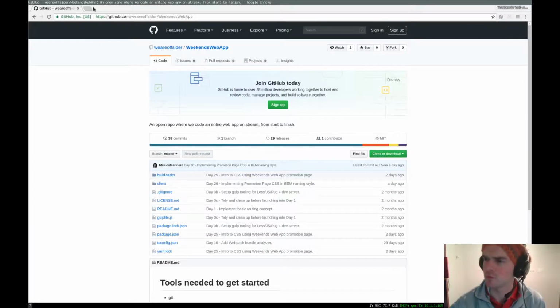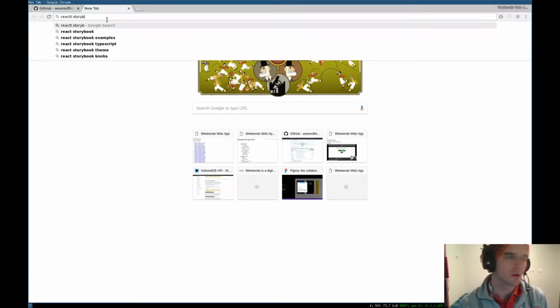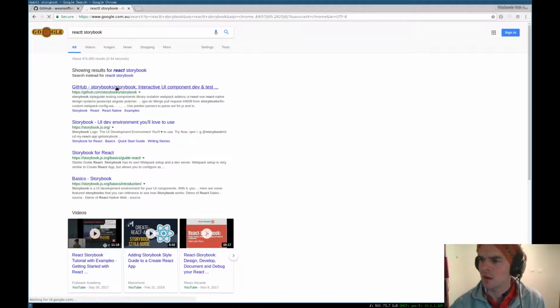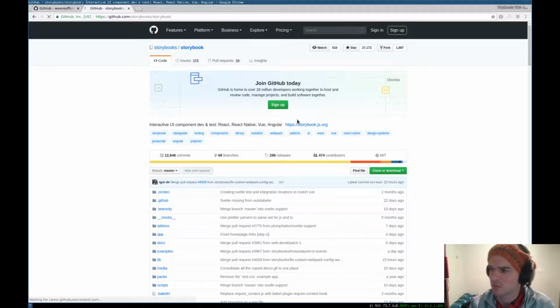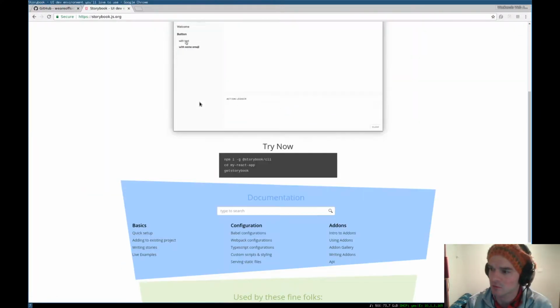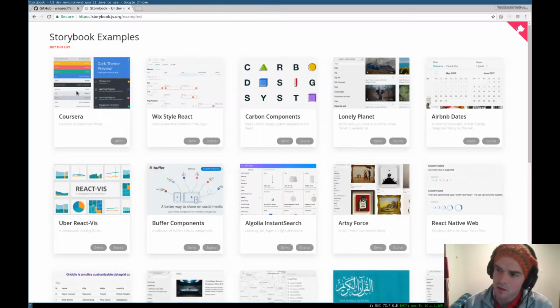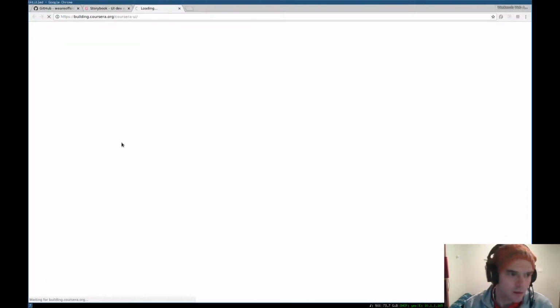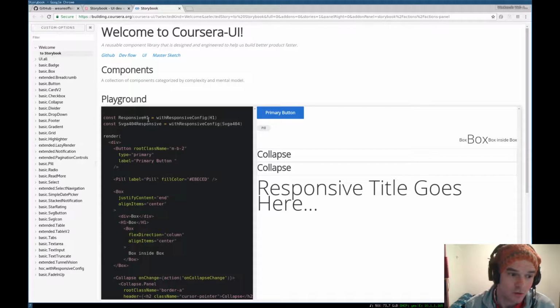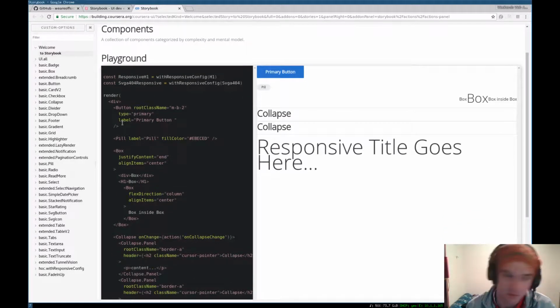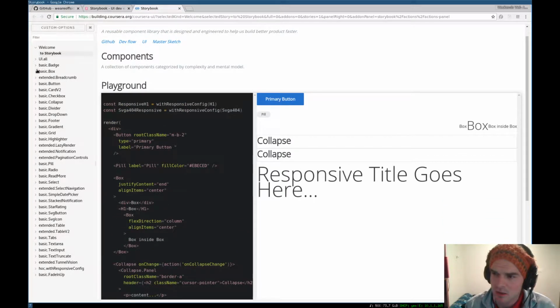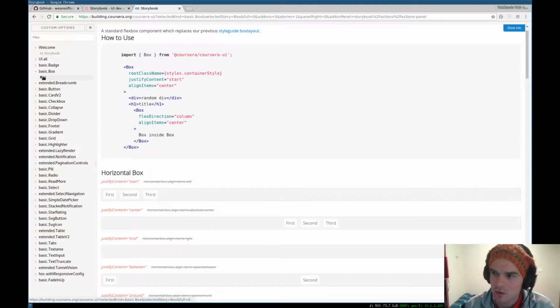For those of you who are familiar with the tools in this space, you might have heard of something called Storybook. We're not going to use this. There are some issues with it that I don't like: it doesn't do isomorphic rendering, so it doesn't do server-side rendering particularly well. It's also an extremely complicated piece of software, or at least it's grown to become one, and we don't actually want all that complexity. But the real important thing it allows you to do is